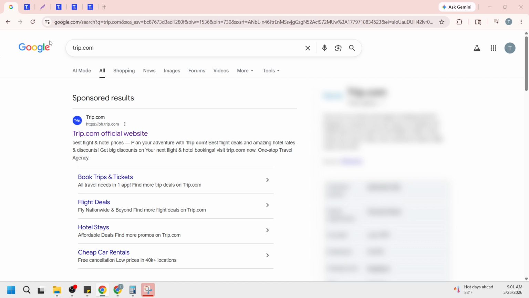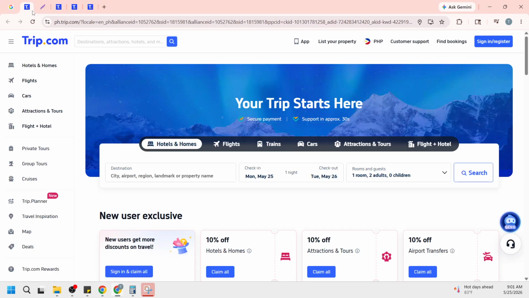When the page loads, confirm you're on the secure site by looking for the padlock icon in the address bar. Once you're on the homepage, head to the top right corner and click Sign In, Register. On some screens, especially mobile devices, this option might be inside a menu icon, but it will be labeled clearly. Clicking this opens the sign-in panel where you can pick how you'd like to log in.